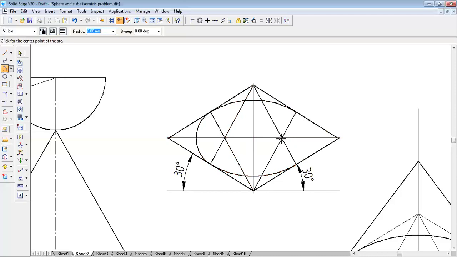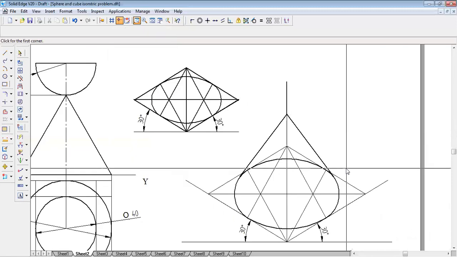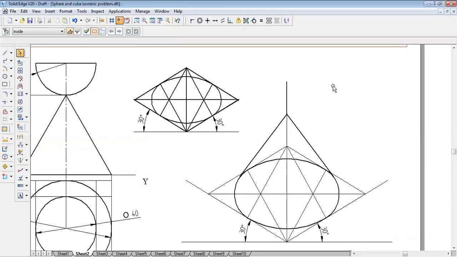This is how we are drawing the arc commands. Arc by center point. This is the intersection point. From here, I'll be drawing an arc. This is how we draw the top portion of the hemisphere.